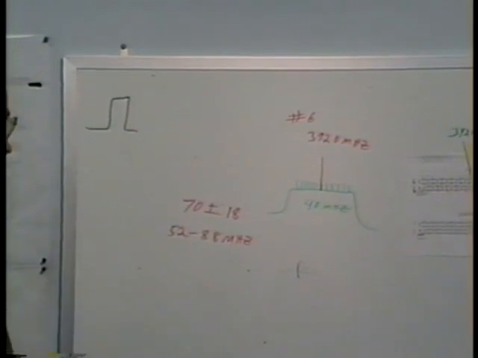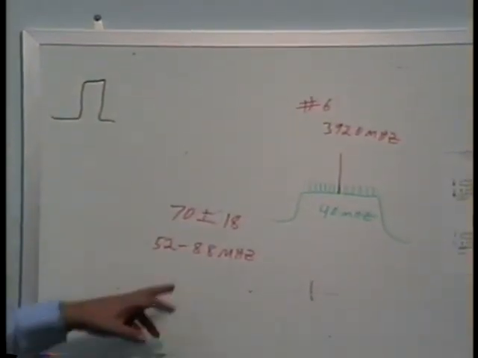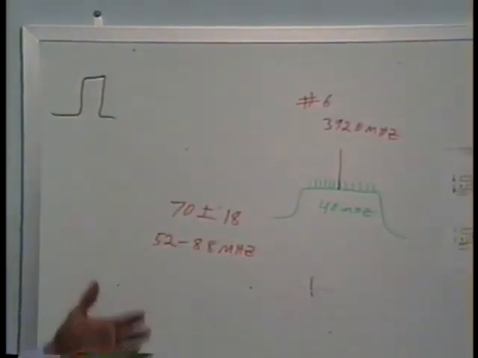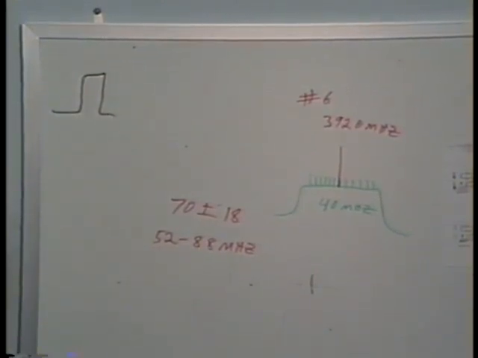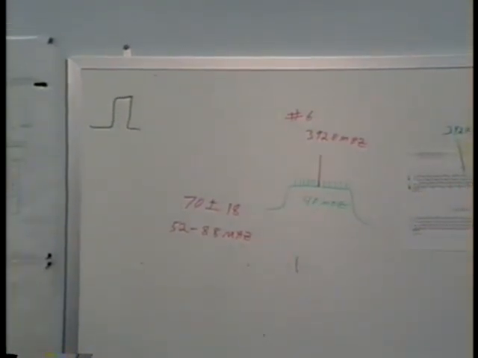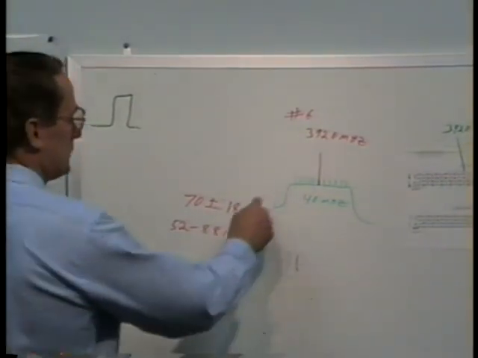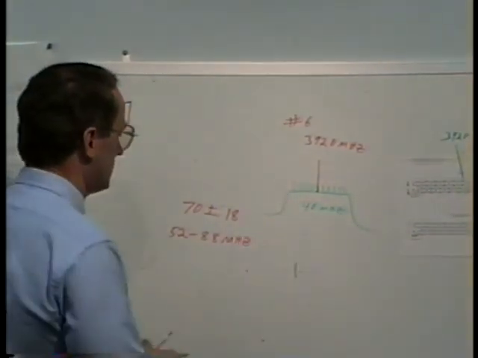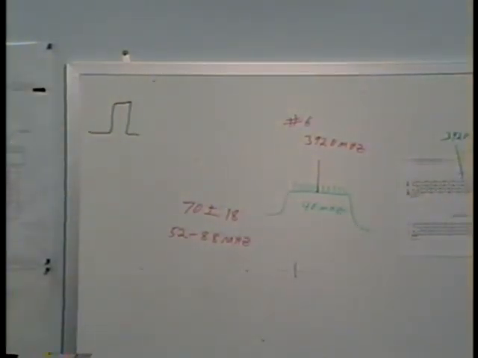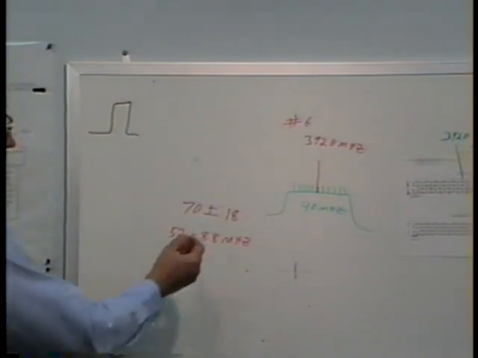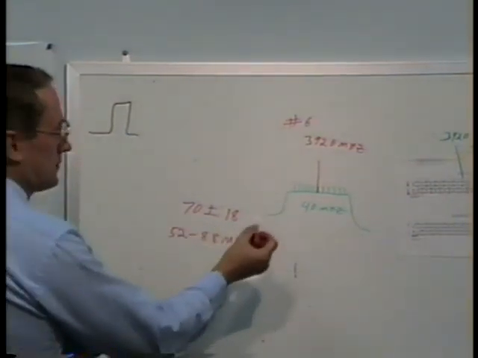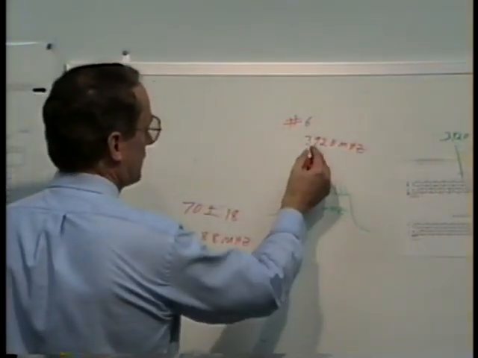Now, as Steve's already hinting at, plus or minus 18 should be 20, but we have 2 megahertz on each side for guard band on the transponders. Between these transponders, there's some guard band. So we can shift our modems plus or minus 18 megahertz. In other words, if you had 3920,